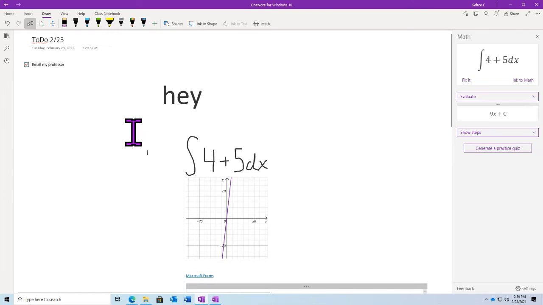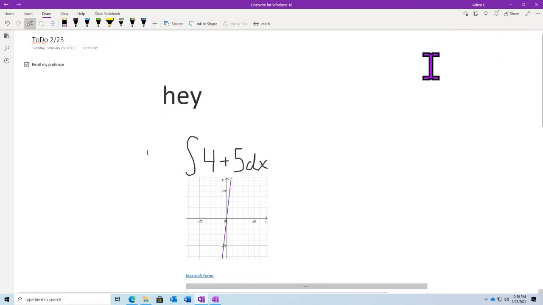Hopefully that kind of covers some of the stuff we can do with handwriting. There is a lot to our handwriting feature in OneNote. So my best recommendation would be to spend a little time using it, kind of get used to the different features and how you can organize different handwriting options.